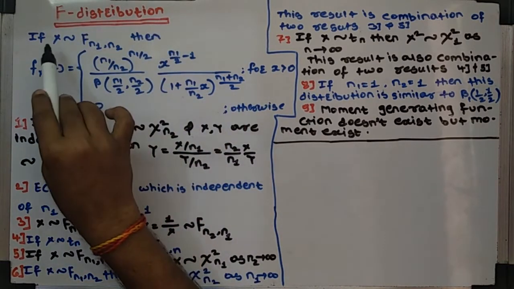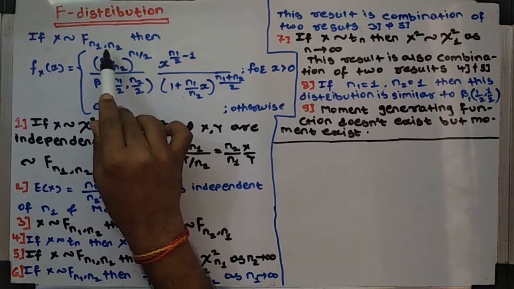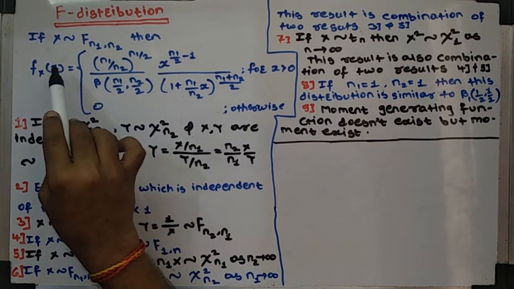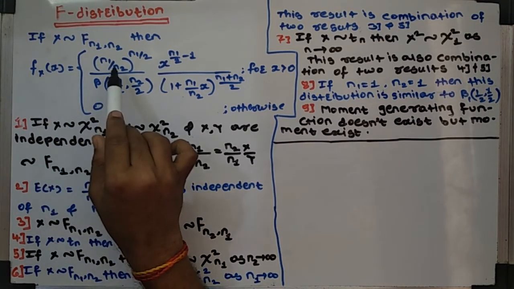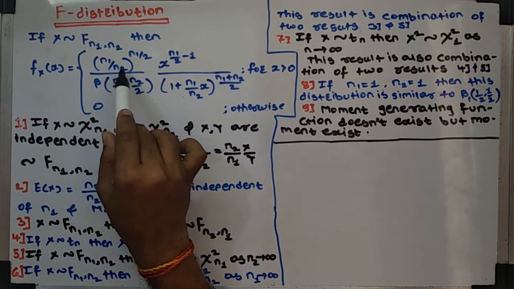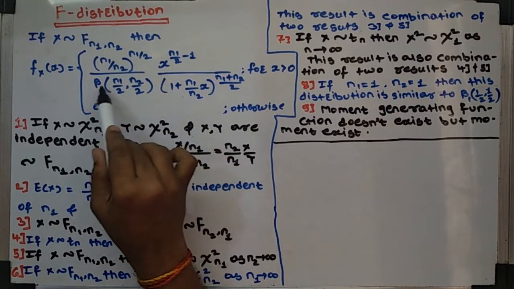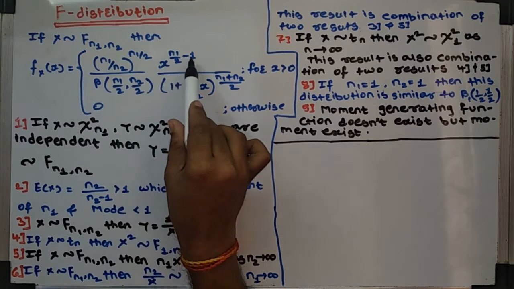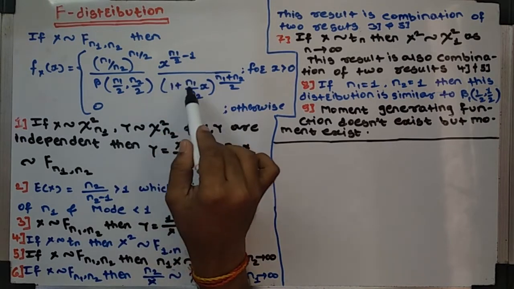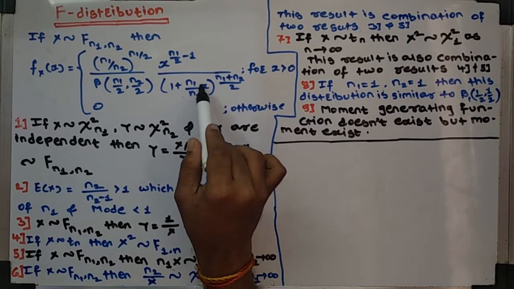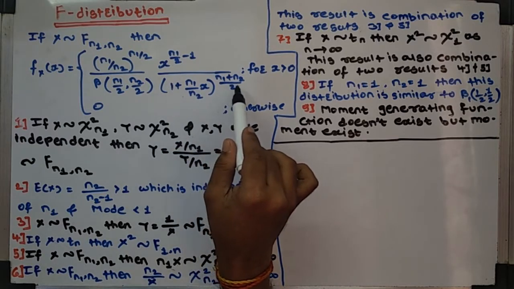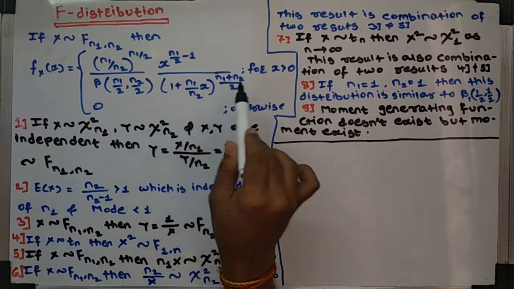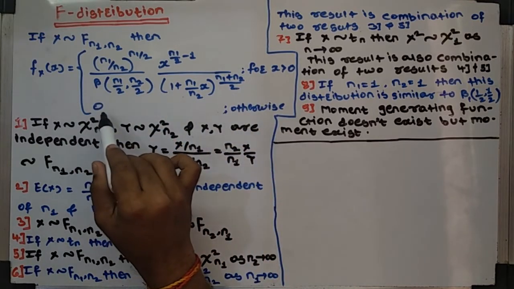Today we will discuss results related to F distributions. Let's begin. If X follows F distribution with n1, n2 degrees of freedom, then its probability density function f(x) is equal to (n1/n2) raised to n1/2 upon beta(n1/2, n2/2), into x raised to n1/2 minus 1, upon (1 plus (n1/n2) x) whole raised to (n1 plus n2)/2, for x greater than 0,